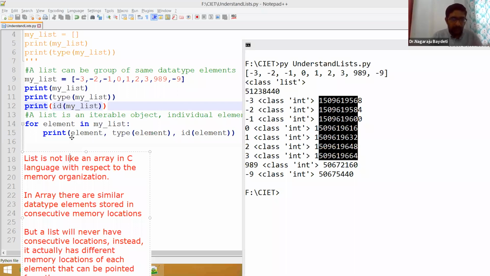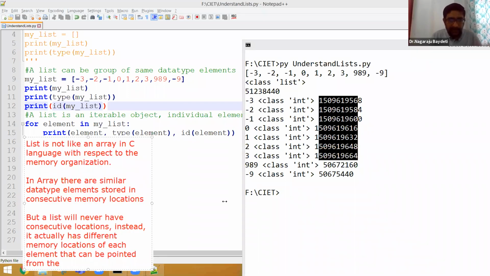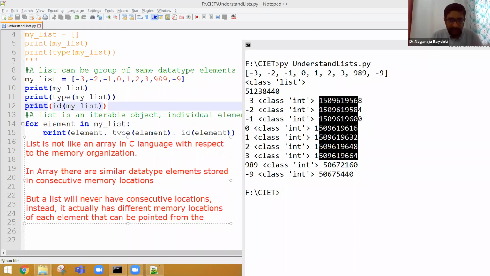From the list object, for example, my list, entirely the way it has been defined is different, but it looks the same. Square brackets are there, same data type elements are there, but it is exactly not like an array in C language.